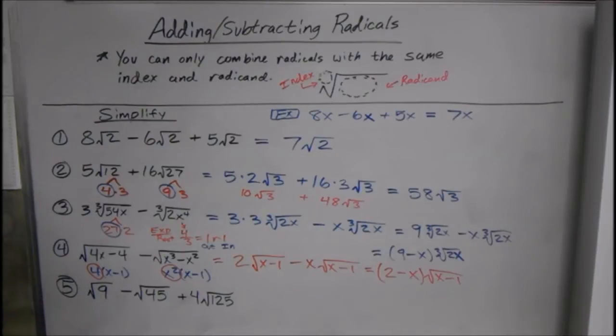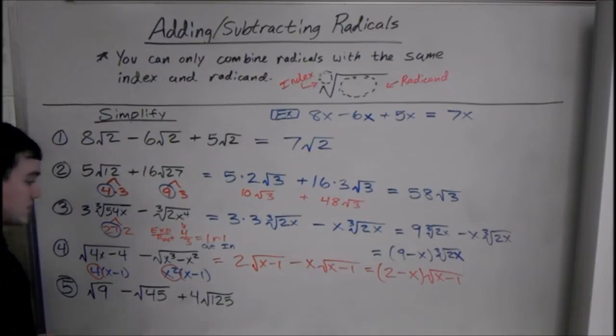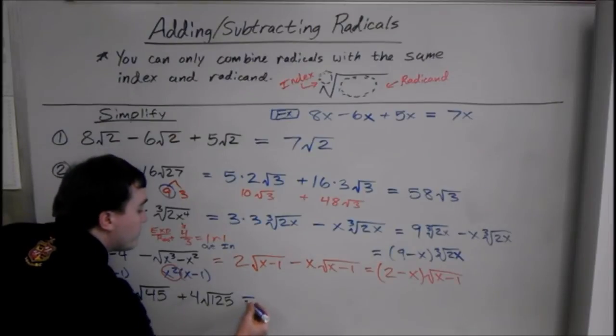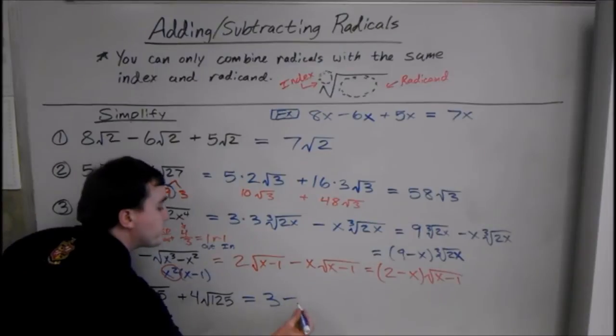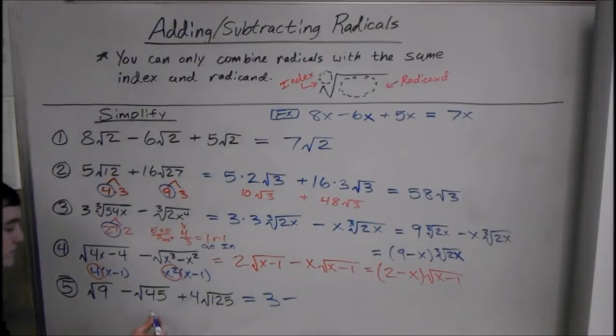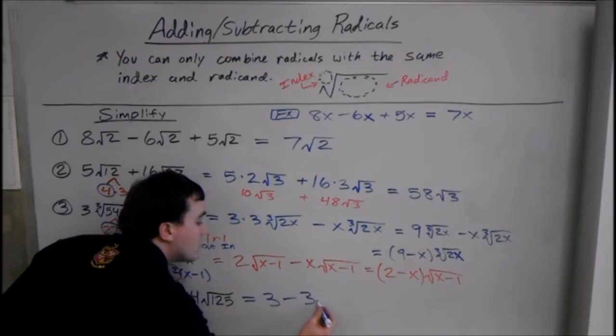One more. Square root of 9, we already know. That's easy. Square root of 9 is 3. So that's automatically going to turn into a regular number. Minus 45 can be broken up into 9 times 5. And you could take out the 9. So that's going to become 3 root 5